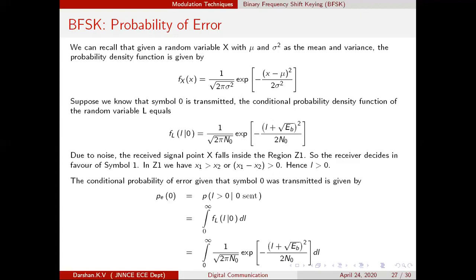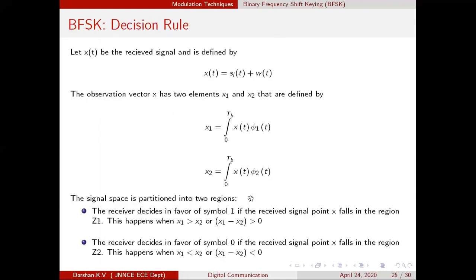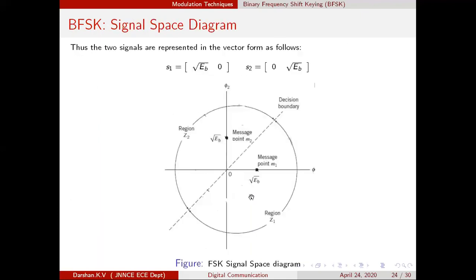But what I want is the probability of error. Now we need to calculate the probability of error. So how will we calculate it? By integrating f_L(l given 0), meaning integrating the PDF. Now, when exactly does the error happen, what is the event which causes the error? That I will explain to you. Remember what the condition is. The condition is 0 sent. 0 has been transmitted.